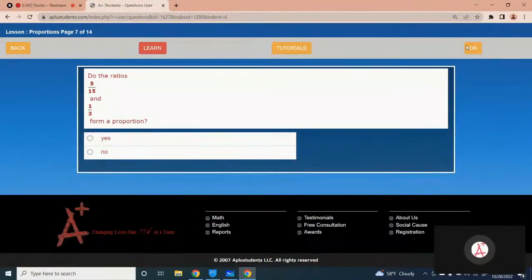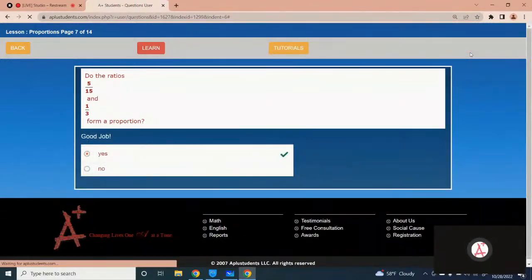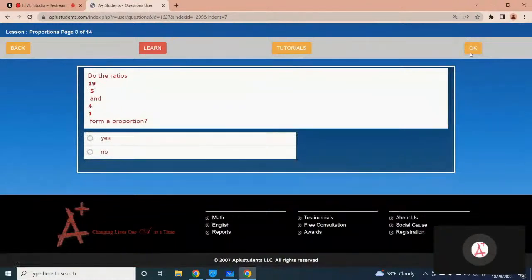Okay, 5 by 15 and 1 over 3. So do they form a proportion? Just multiply the second one by 5. So it would be 5 times 1 is 5 and 5 times 3 is 15. That means yes, they form a proportion. Got it? Okay, you can complete the test by yourself later today. I'm just moving on to the next topic. And the next topic is